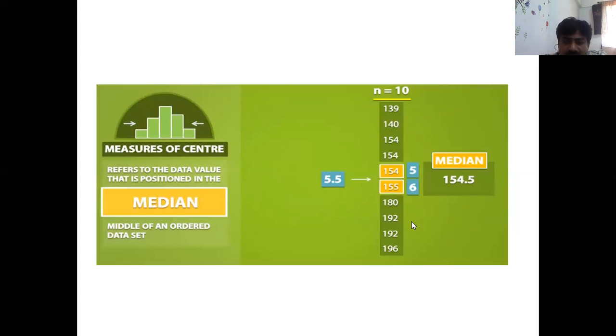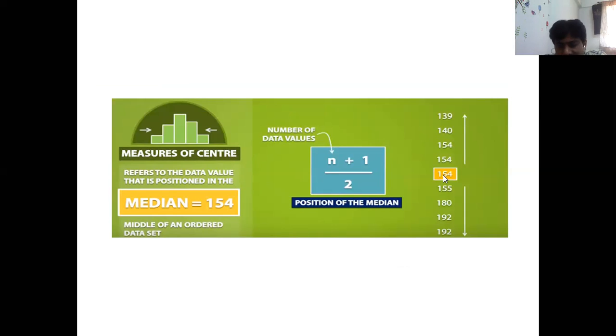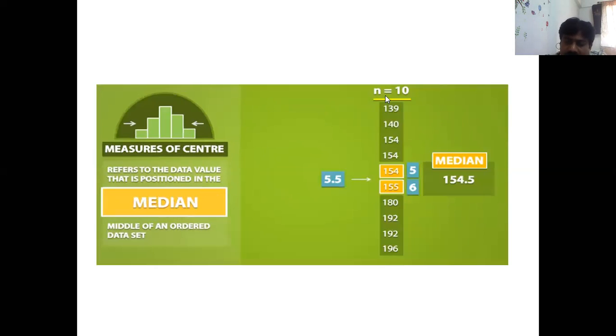Let's say suppose there are 10 data samples. For that, we compute the middle position. As per the formula, the middle position will be 5.5 and no number is there, so we take the average of the fifth and sixth terms. If it is an odd number, then you can find the center median easily. If the number of samples is 10, then the middle value is at 5.5, so we take the fifth value plus the sixth value, averaged.